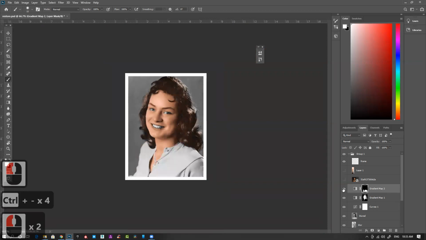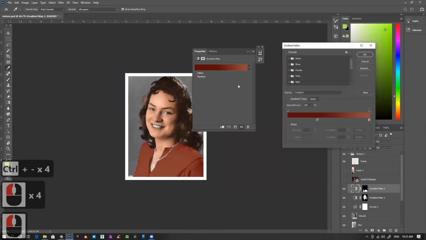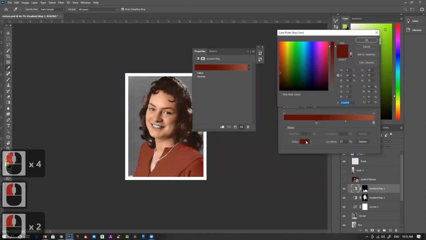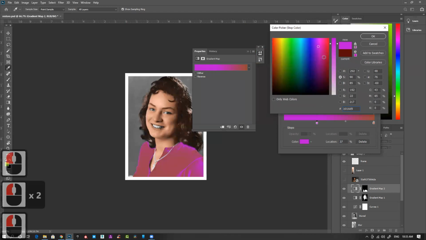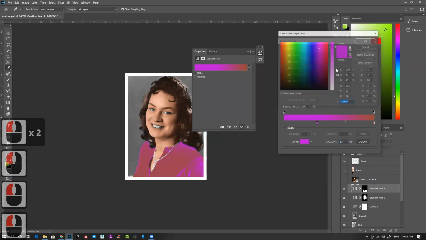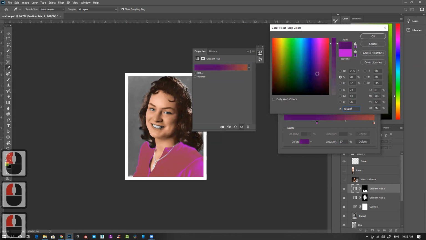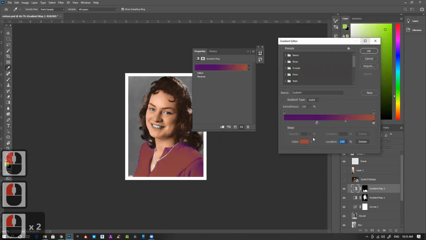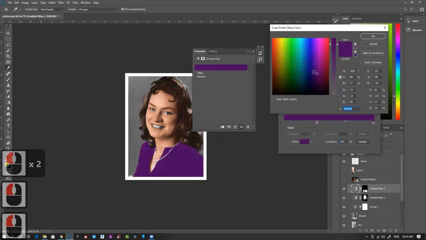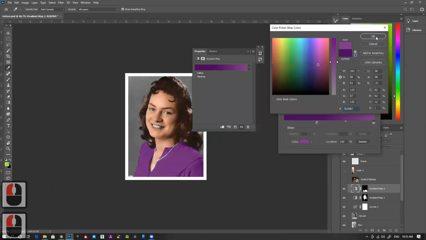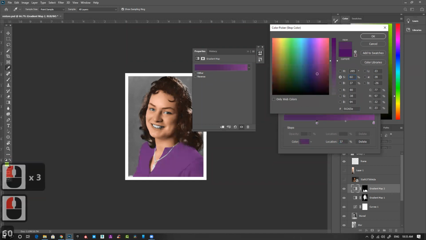So you can fill this color, and suppose you don't like this color, you can always go back, select this, and change it to some pink or some other color. This is way too much, slightly violet, or this looks better. I can select this and click here as well to pick the same color and make it slightly lighter. And I feel this is way too saturated, so I'll select this. 90% saturated, please. 60 is fine.